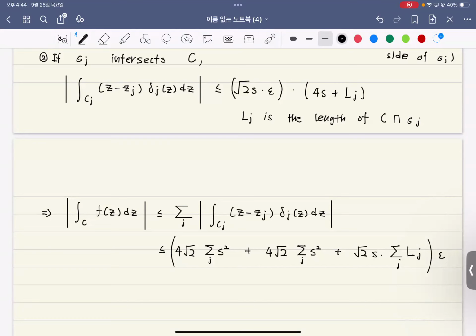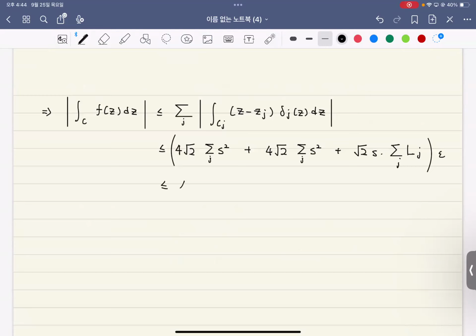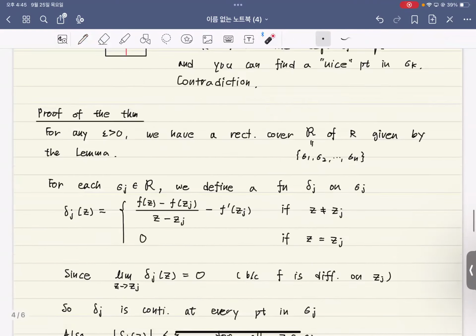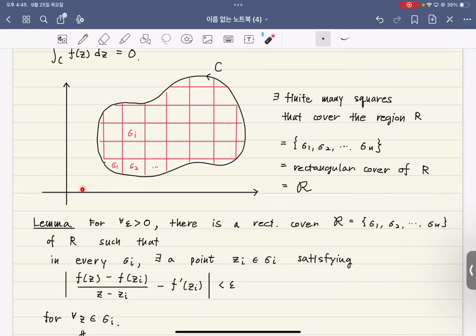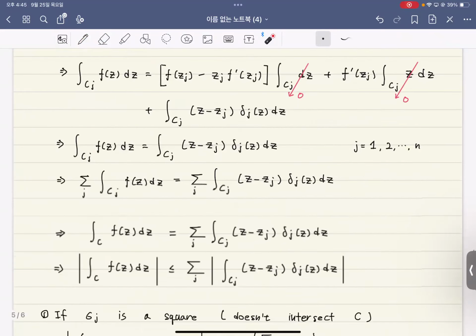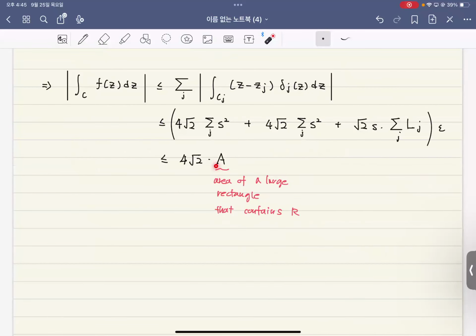So therefore, 4 times square root of 2 times the area of a large rectangle that contains the region R. There must be a sufficiently large rectangular region that covers the entire region R. So the sum of these areas should not exceed some finite number, and plus